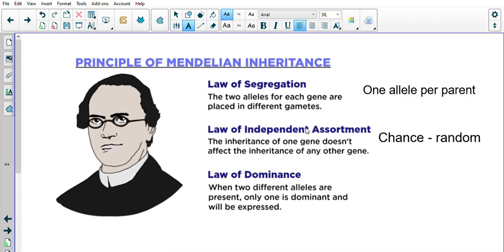We do know that this is slightly not quite the case now, because we know that several genes are located on one chromosome. So yes, if you get one gene and all the genes of chromosome 1, you will get whatever is on those chromosome 1s. So although you have a random chance of inheriting them, if they're all located on the same chromosome, there is the potential that they are semi-linked to each other. Whether you get the one from your parent or the one from your grandmother's side or from your grandfather's side, that is still independent.